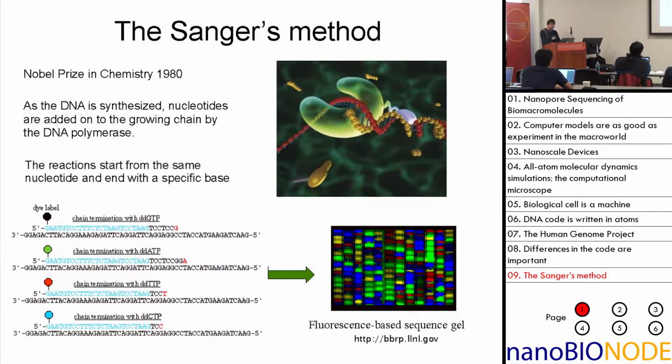So how do we sequence DNA, or how did we use to sequence DNA? It used to be that number one and the only method that worked was the Sanger method, which is basically a biology method. So what we did here is we took an enzyme that is excellent at